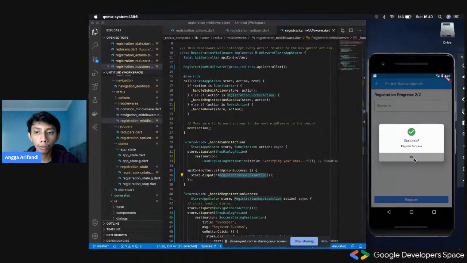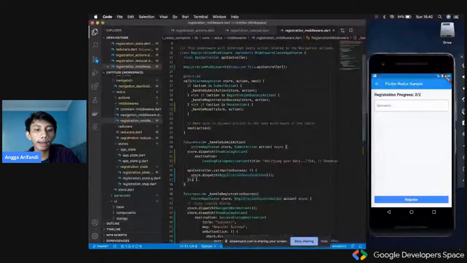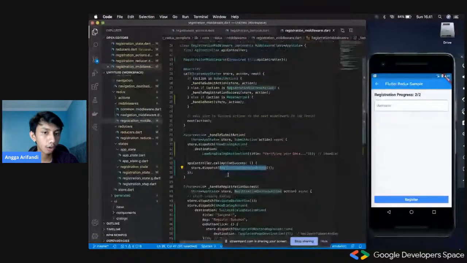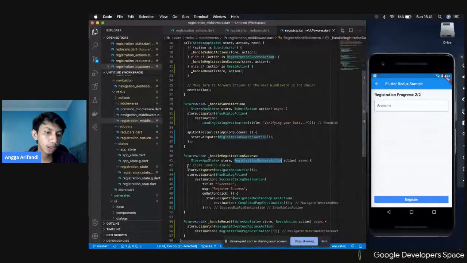So what I mean by this is when we click this register button, it would only dispatch just one action, which is the submit action, and then that submit action would handle everything about logic or about fetching data or storing local data into the database. And then after that, it would call the registration success action, which will close the loading dialog